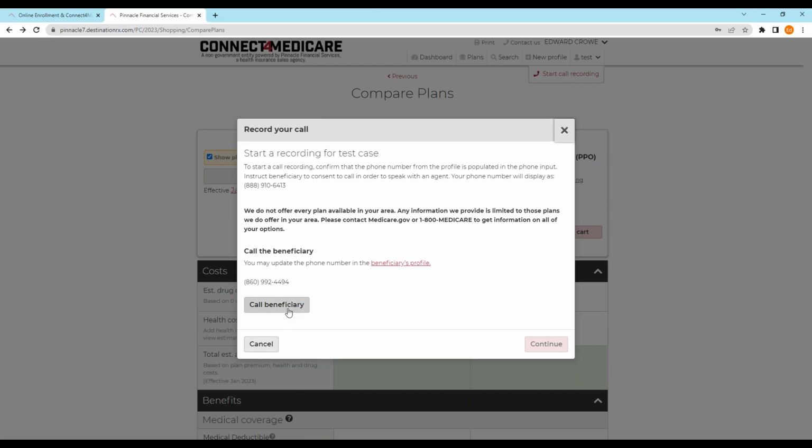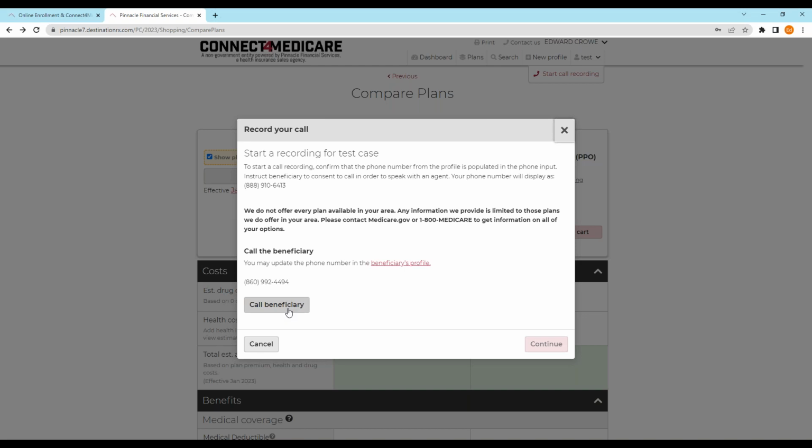And when I click that, it's going to call them. And when it calls them, it's an automated message that says this is a call from a recorded line. If you accept the recording and want to continue, push 1. That's protecting you against the call rules. You got to be careful with that. Some states are single consent call states, some are dual consent, meaning one party has to inform the person they're being recorded. The other party has to confirm they're okay with being recorded, and that's why they do that. You can get yourself in a lot of trouble for not notifying people in dual consent states that they're being recorded. So this takes care of that.